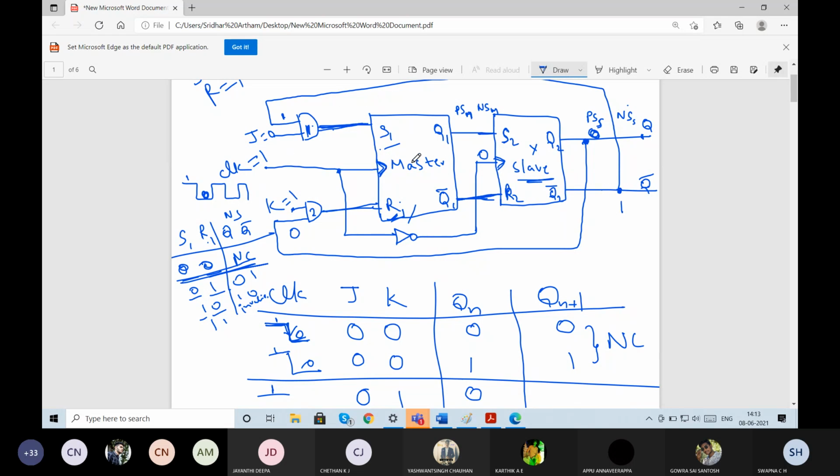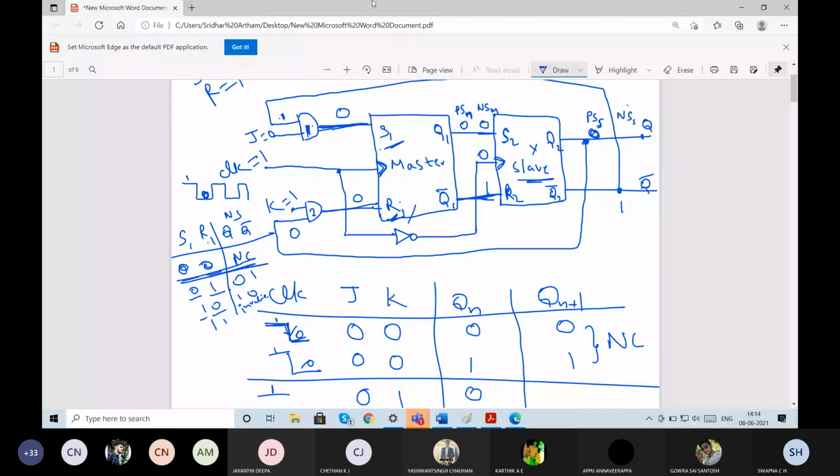Okay, now since master has got clock as 1, it will check for the inputs. So inputs are coming from the AND gates. What will be the output of the first AND gate? 1 and 0, it will be equal to 0. Again here also 1 and 0, it will be equal to 0. And here if I consider the slave state as 0, the master state will also be equal to 0. Okay, fine. Now S value is 0 and R value is 0. So the next state will not change. If it is 0, it will be 0 only. If it is 1, it will be 1 only. So this is 0 and this is 1.